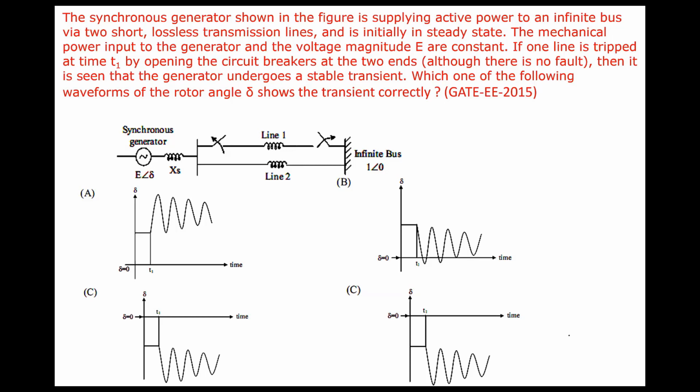Tell me why. See, when both transmission lines are operating, let the initial angle be delta naught. So it is stably operating before the fault. Suddenly one of the parallel transmission lines is tripped. So then what will happen? Will the rotor accelerate or decelerate? Accelerate. So when the rotor accelerates, the delta value will increase and gradually it will undergo stable oscillations and settle down at some higher value. Had the rotor decelerated, this would be the waveform.